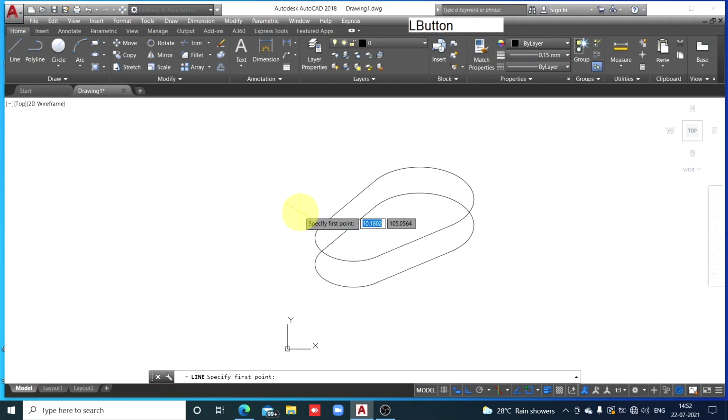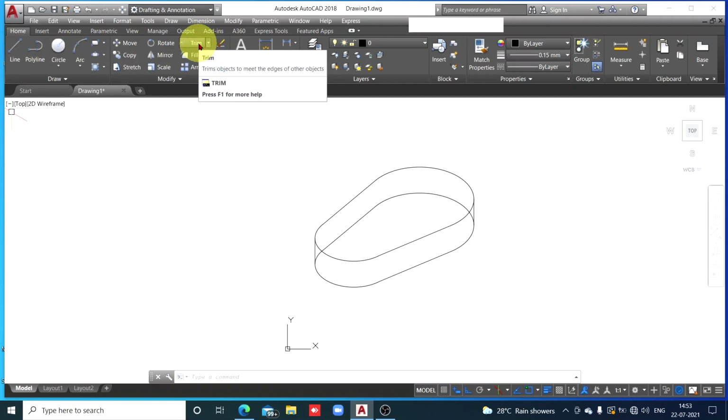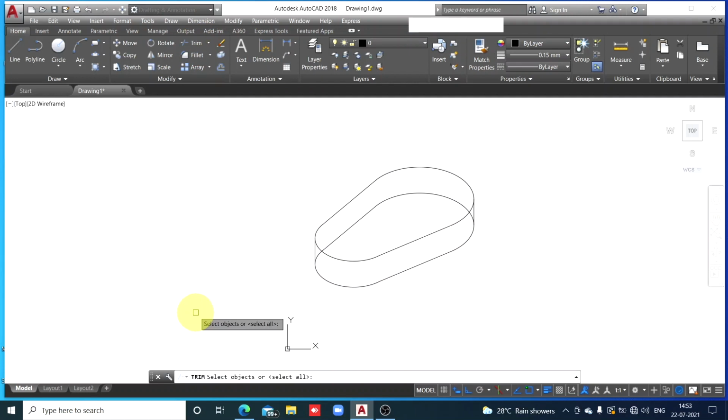Now select line, quadrant point to quadrant point. This is boundary of this curved surface. Now again line, quadrant point to quadrant point. So top surface is visible surface. So portion on the base surface, remember this, two visible lines don't intersect. So here there are intersecting visible lines. We'll have to remove those visible lines. So trim, enter.